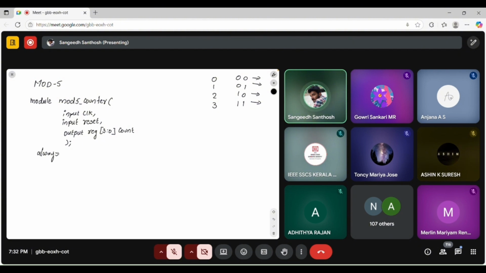Always block, always at posedge clock or posedge reset, begin. If reset, count will be 0, else